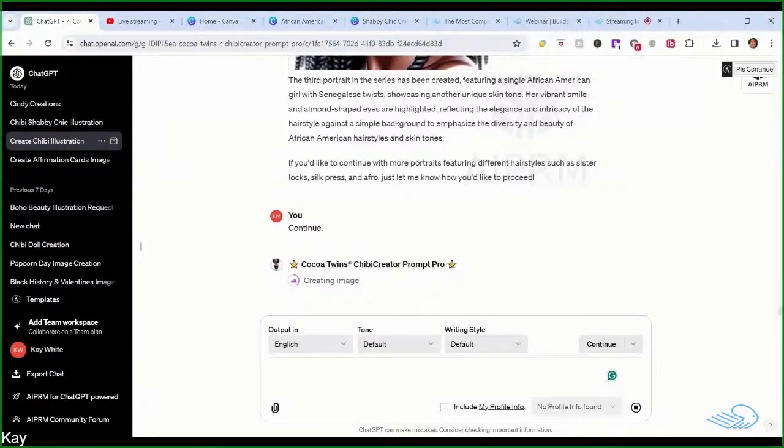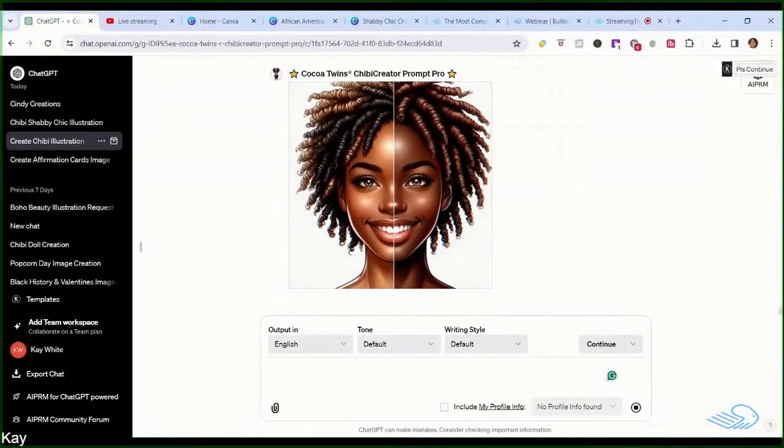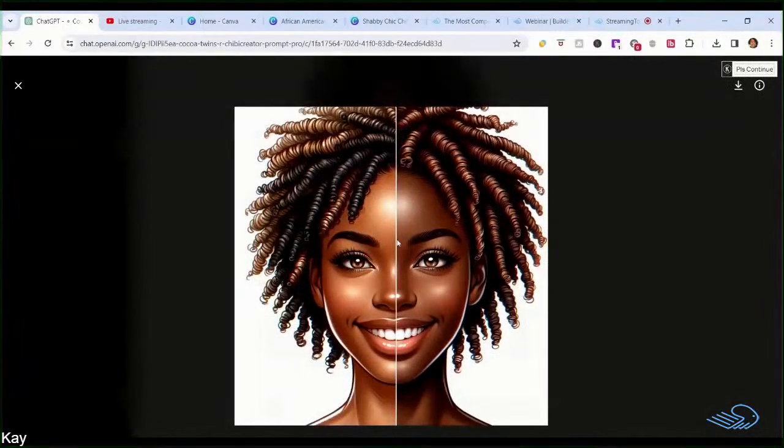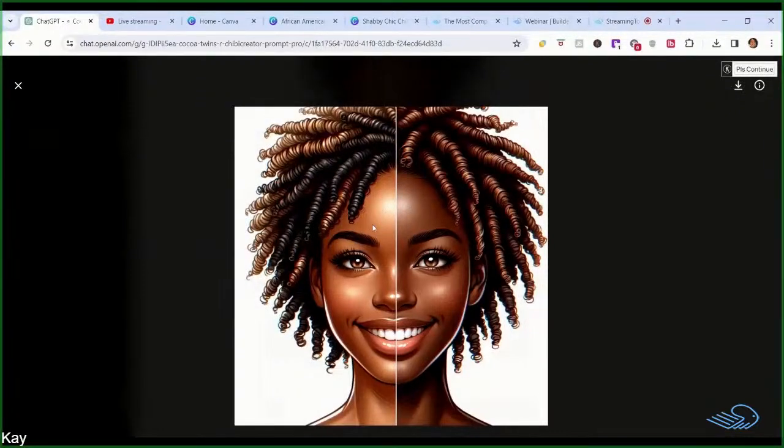Once you have trained DALL-E 3, you can kind of relax a little bit. And you have a program working for you. Now, I certainly didn't ask for this, but I like this. It's showing me the difference between the skin tone. It has a little bit lighter golden shade on the left side, a little bit darker shade on the right side. I wasn't expecting this, did not even want this, because if I'm using these images in some type of